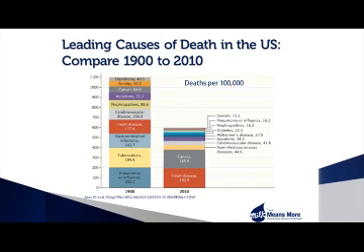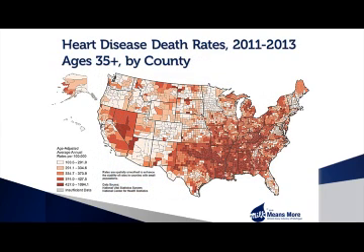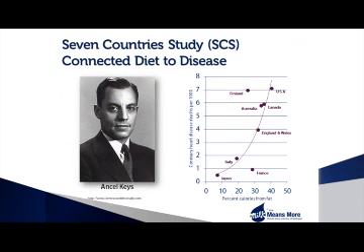In the early 1900s, infectious diseases and accidents were the most common causes of death in America. Today, the availability of antibiotics and knowledge of germ theory have shifted causes of death toward chronic diseases, especially cardiovascular disease. With the containment of serious infectious diseases, medical science began to search for resolution to the nation's biggest killer, cardiovascular disease. As shown in this map, the disease remains the most prevalent cause of death among Americans. Dr. Ancel Keys, a prominent researcher, was the first to establish a link between diet and cardiovascular disease.